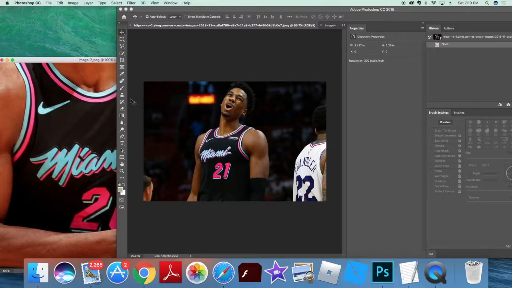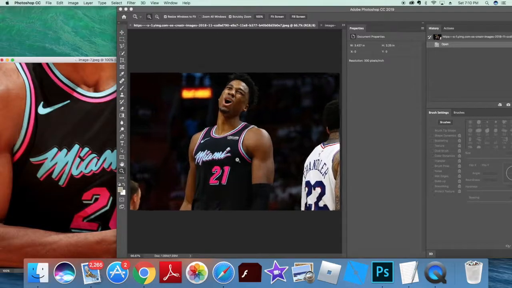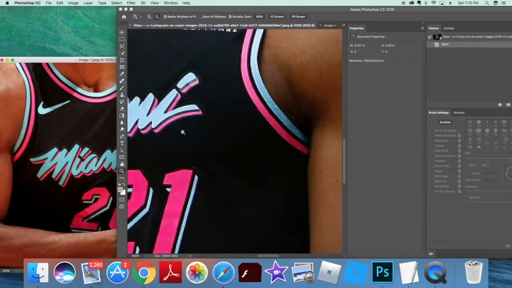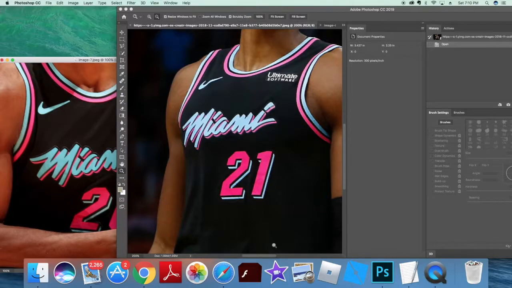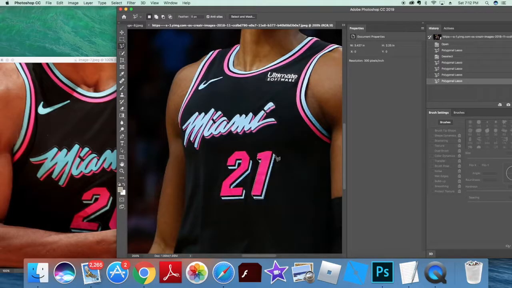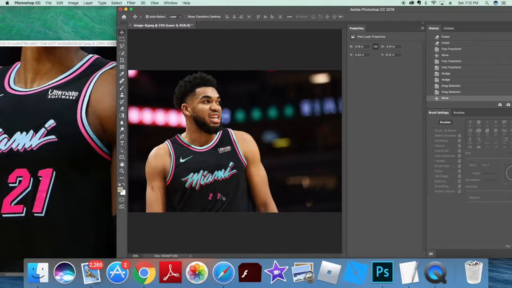So I'm just going to take this 21 on Hassan Whiteside right here, and I'm going to switch up the 2 and the 1 so that he can wear number 12. So in order to do that, what we're going to want to do is we're going to go back to our lasso tool, and we're going to select polygonal lasso tool because this number in particular is very linear. And so we're just going to go over the 2 real quick,